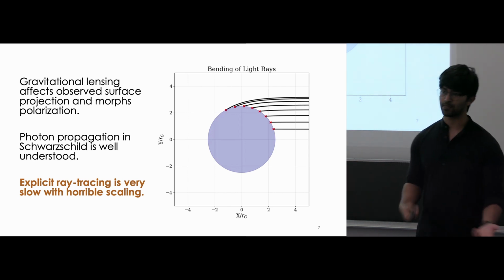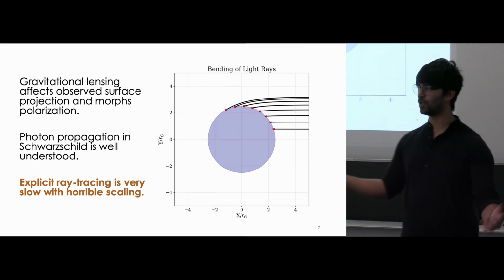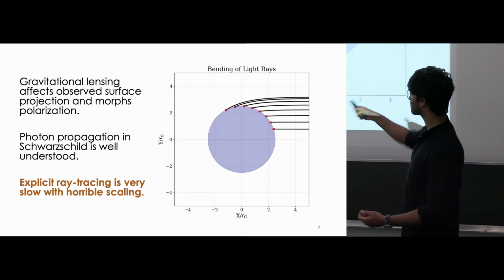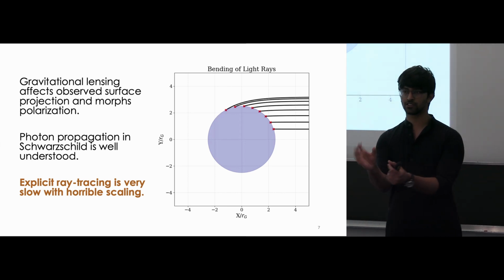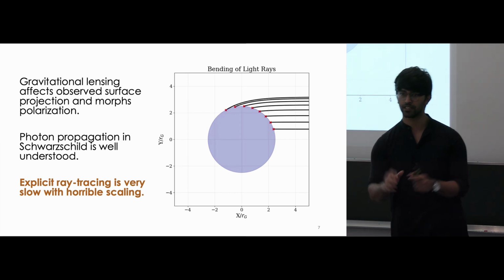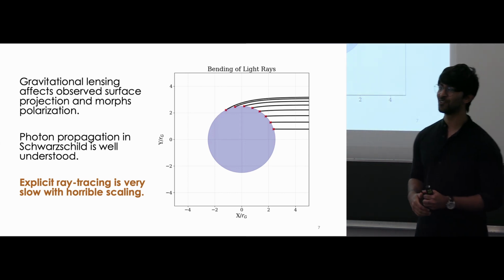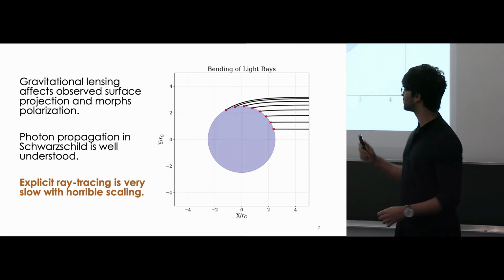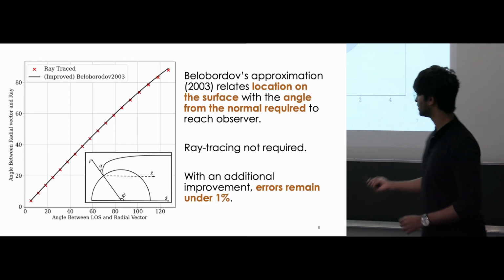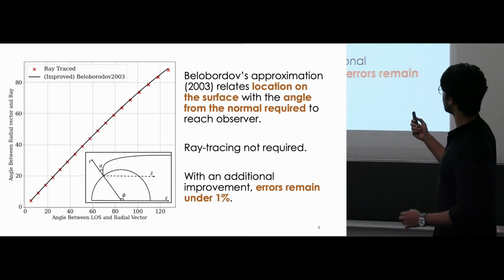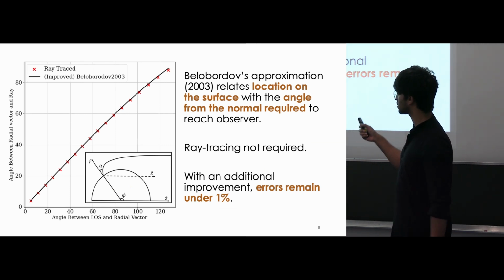Fortunately, we understand light propagation in Schwarzschild geometries really well. The only problem is that explicitly ray tracing every single ray from every patch on the neutron star surface for every possible spin period, and then doing a Markov chain Monte Carlo on this is just really horribly computationally intractable. But there's this approximation that Beloborodov introduced, which relates